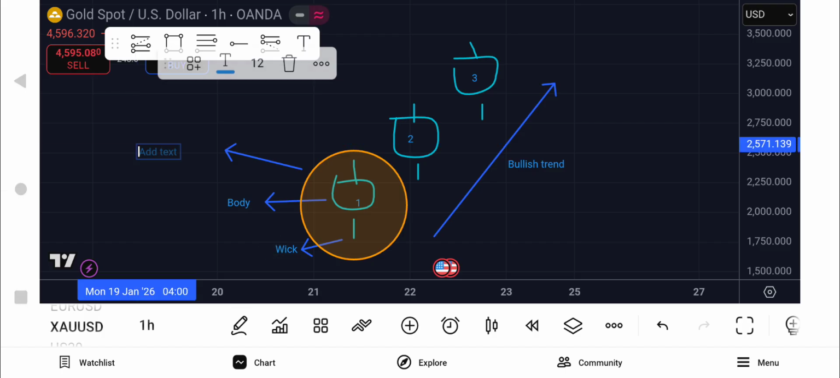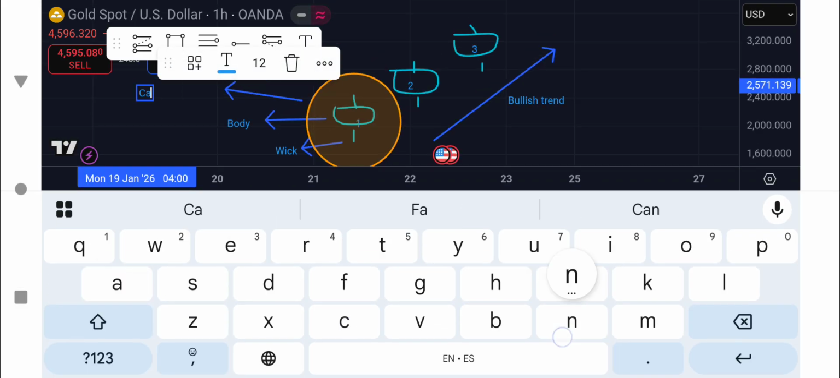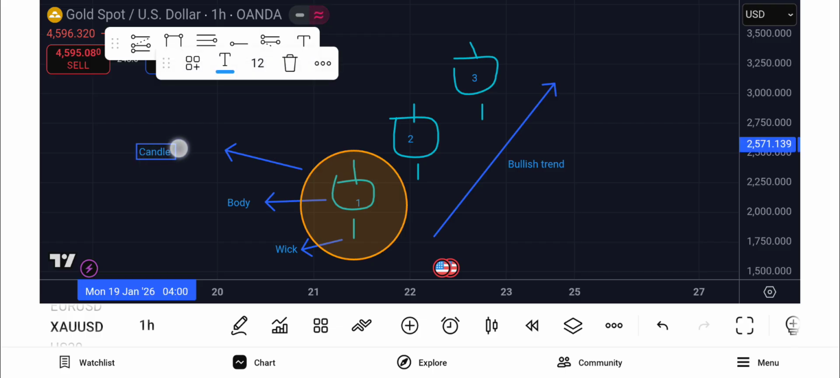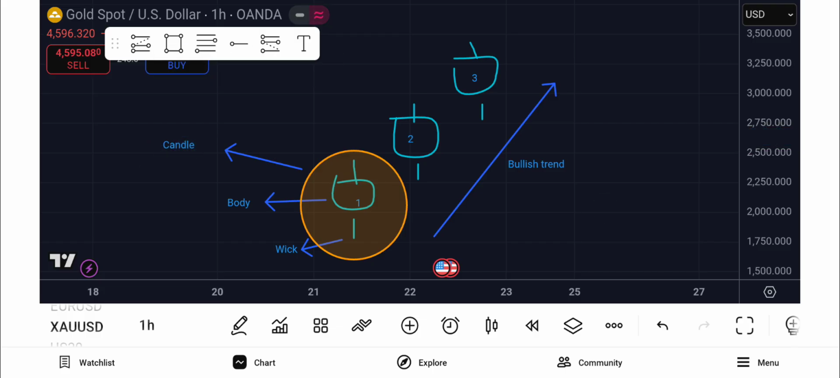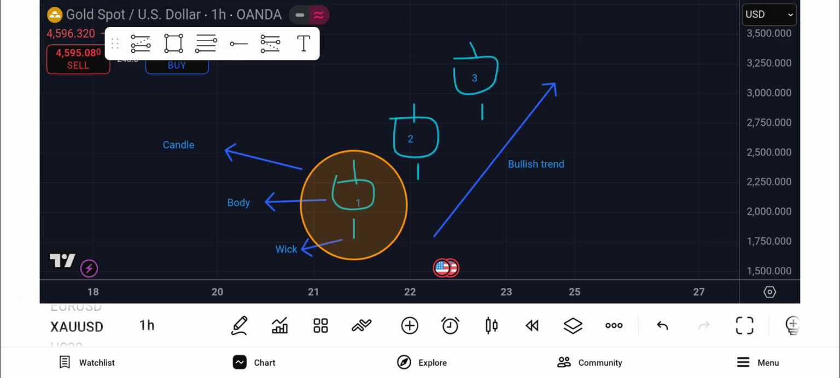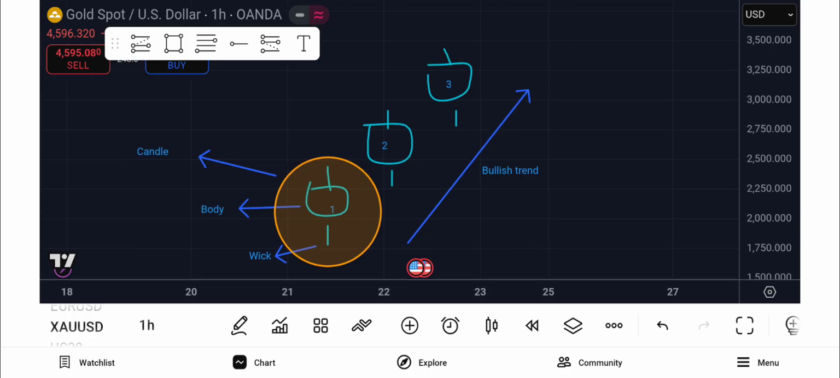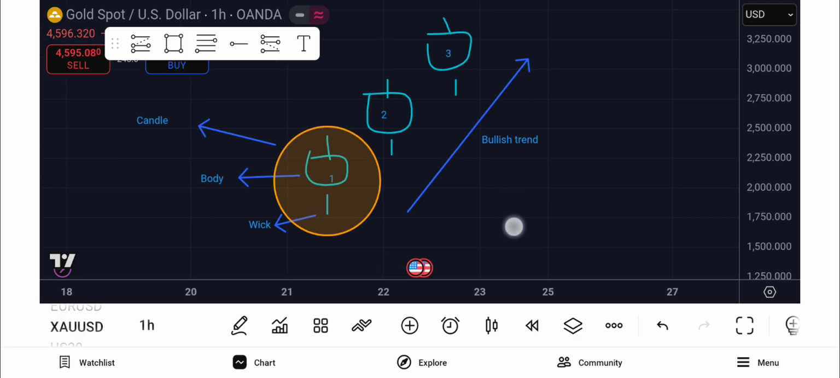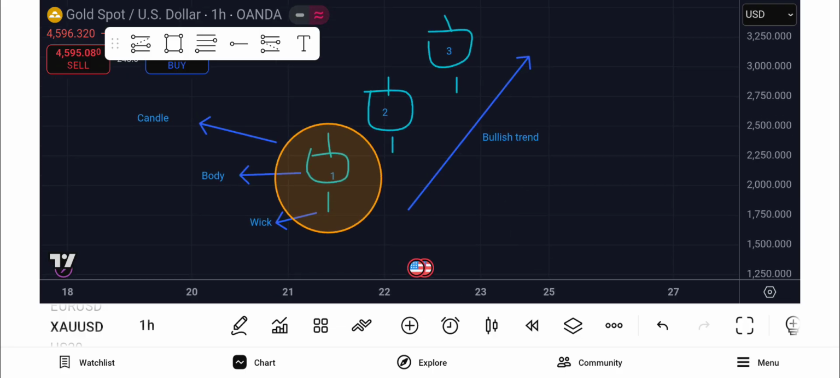Oh, that's weird. Typed it out and it didn't even show up. So this whole thing together is considered a candle. The middle of the candle is the body, and the lines that extend from the top and the bottom are known as wicks. Okay. Now, that you guys know that,